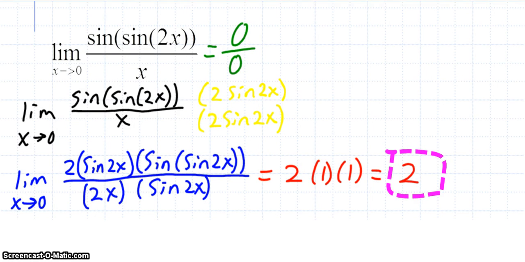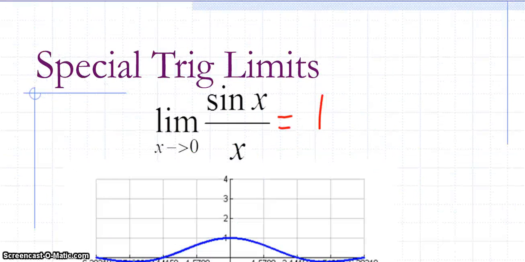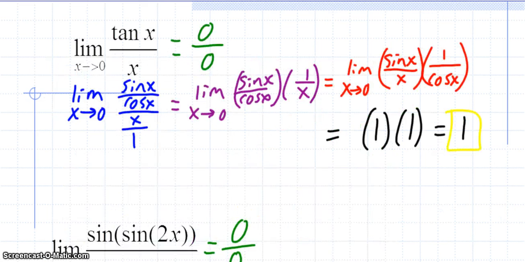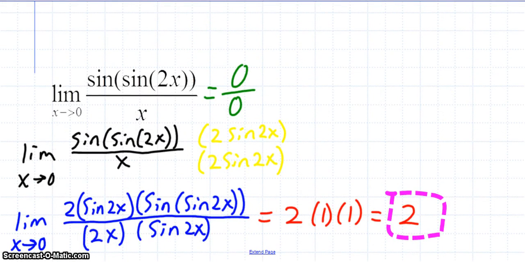Next one. This one's a little more tricky. So we got the indeterminate form again. Now I have to figure out what can I multiply the numerator and denominator by to create my special trig limit. So one thing to keep in mind is when we're looking at the special trig limit, it doesn't matter that these both be x. What matters is that they're the same thing. So it doesn't have to just be x. So in this case, I multiplied by 2 times sine of 2x in the numerator and denominator. And what that did